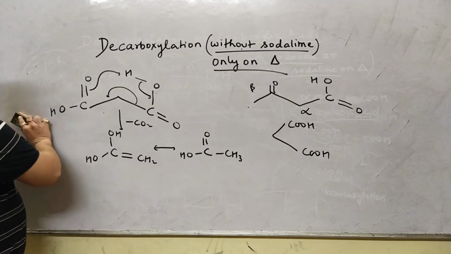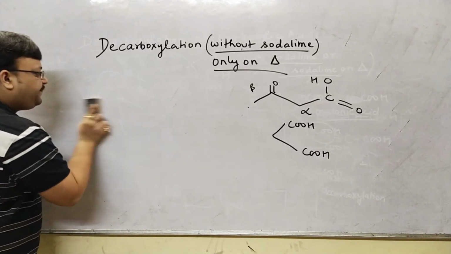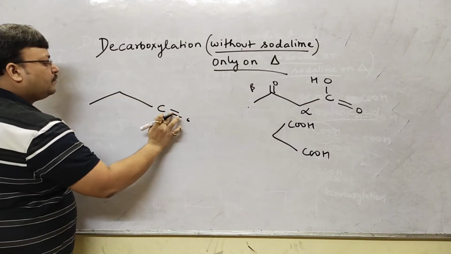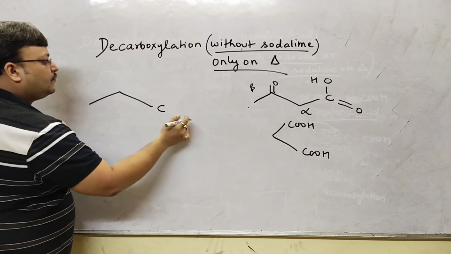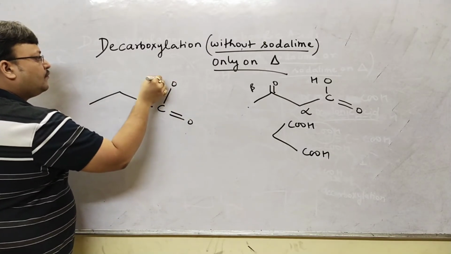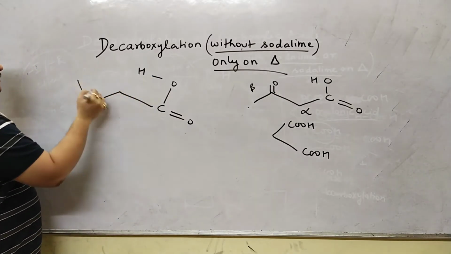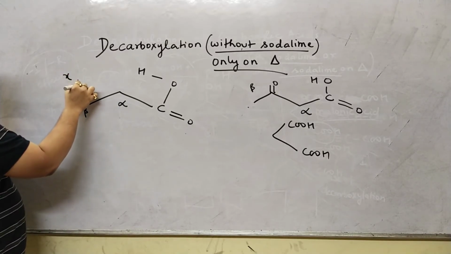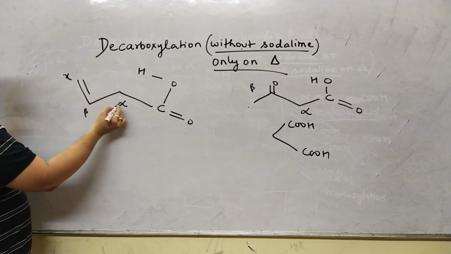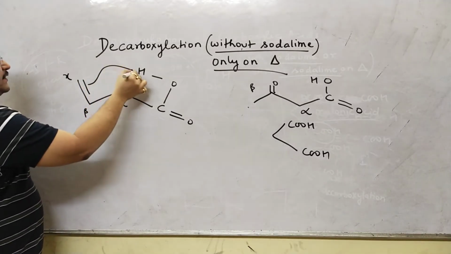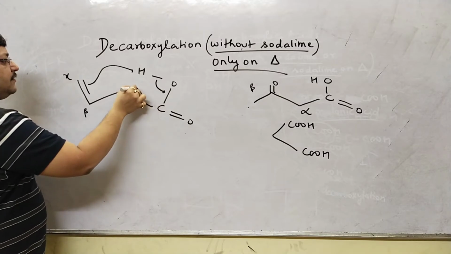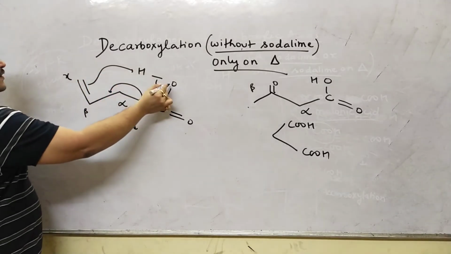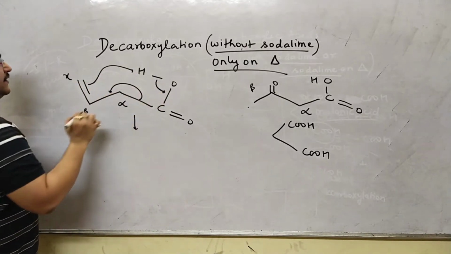So allow me to redraw it again, and for beta gamma unsaturated acid, alpha, beta, gamma. Suppose I draw it a little tilted. Alpha, beta, gamma. A double bond here. So this is beta gamma unsaturated acid. Now this interacting with this, obviously coming here, and this coming here is how I'll see a 1, 2, 3, 4, 5, 6 membered ring, 1, 2, 3, 4, 5, 6 membered ring every time.